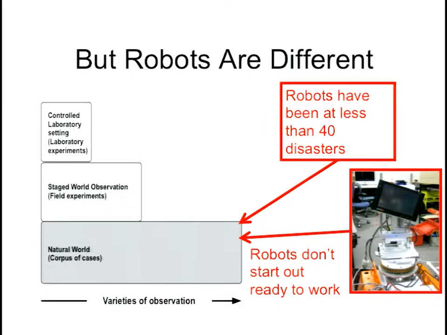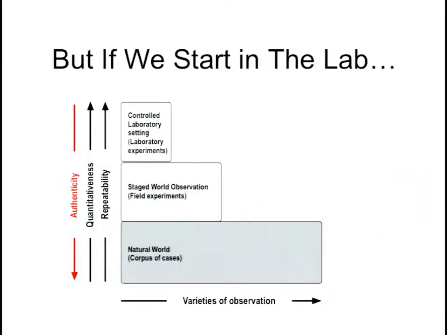And that also means that we're very much focused on controlled conditions and very limited types of observations. We can't just crowdsource what robots are doing, getting up a compendium of natural history the way we can. So it's really changing things up. But if we start in the lab, we lose something. The downside is we lose authenticity. Authenticity, or what's really happening, what the real problems are, happens only in the natural world. We only get that there, but starting in the lab, we miss that.